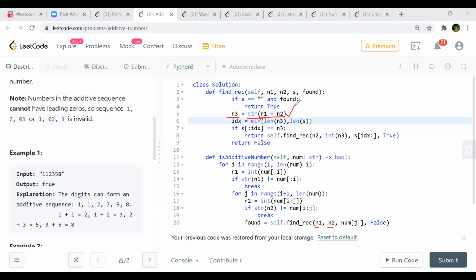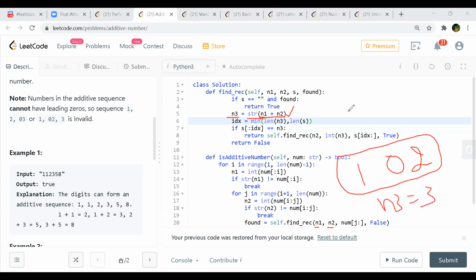It will be 3, right? n1 is 1 and n2 is 0, 2. So your n3 will be 3 in that case, correct? n3 will be 3, yes. Then you are going to look for the minimum of length of n3 and length of s. So what is your length of n3?